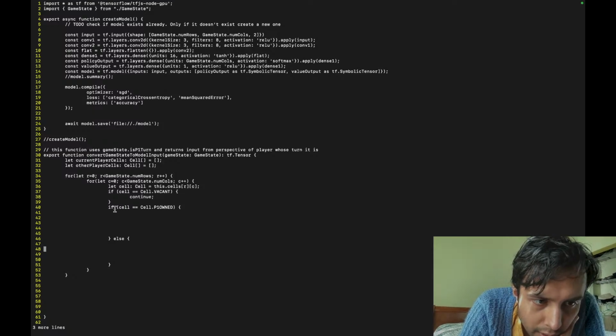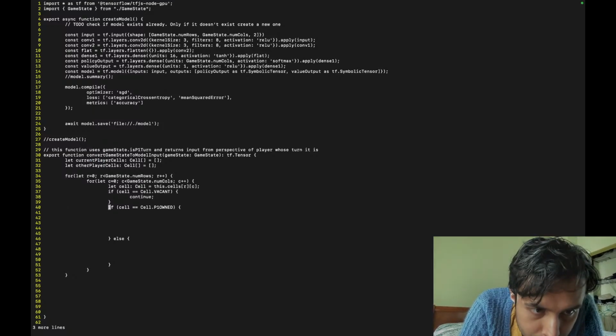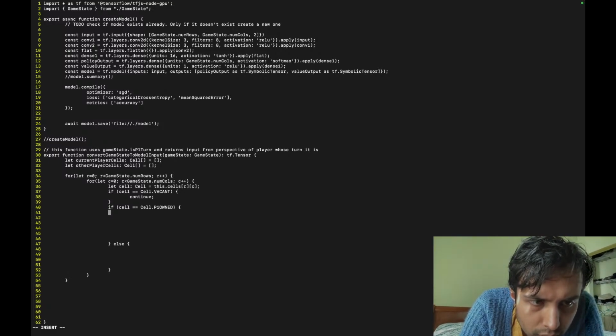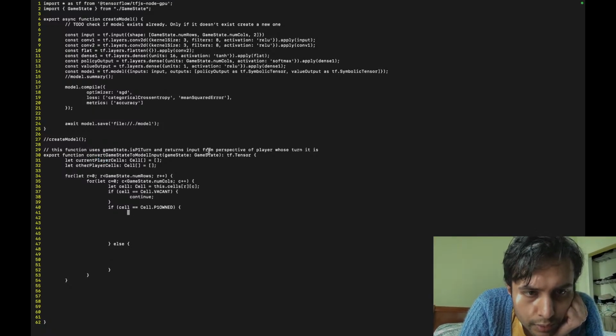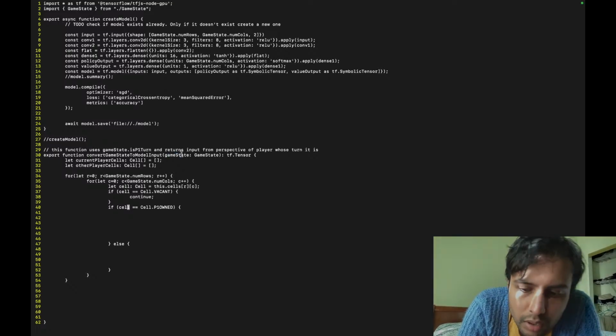In these two cases, what we need to do is populate these cells, right? So let's say the current player. What's that called? Okay, so if the game state, what was that thing called?